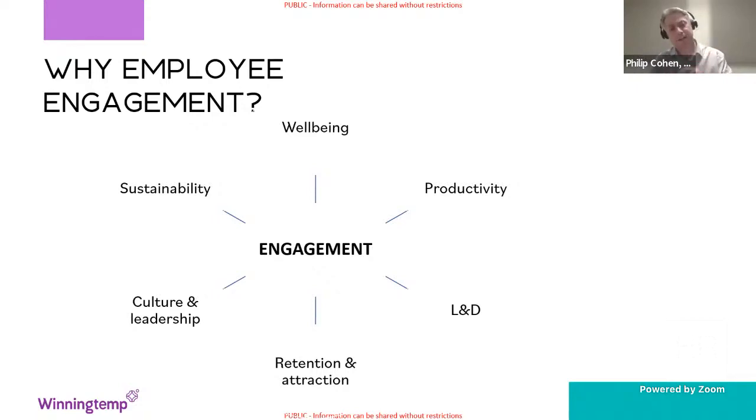So the idea of sustainability started coming from the investment community, I guess, back sort of 3-4 years ago, when they were looking at the companies that they invest in. So they were saying, in light of climate change, environmental factors, and so on, are these companies that we're going to put our money into still going to be around in sort of 5-10 years time? And they were looking at it in terms of what's known as ESG. You've probably heard the initials: environmental, social, and governance. And looking at that as a framework for assessing the viability of their benefactors,